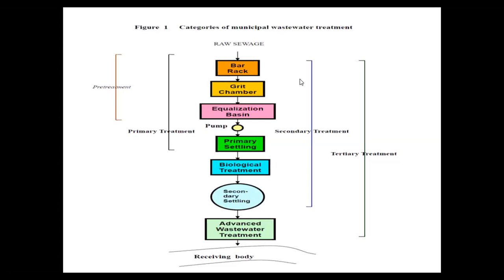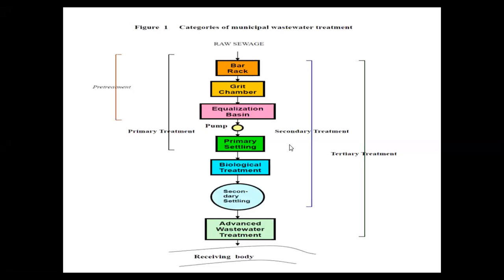Okay. Now with this figure, I will explain a typical flow chart for the sewage. The sewage treatment plant is divided into primary treatment, secondary treatment and tertiary treatment. Now what is coming under the primary treatment? Primary treatment includes screening, grit chamber, equalization basin and primary settling tank. These are the unit operations included in the primary treatment process.